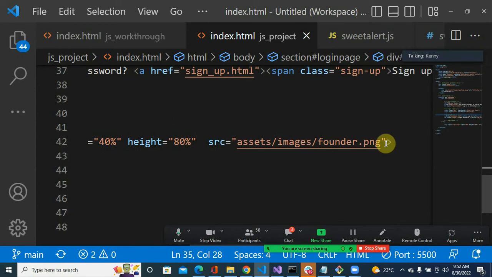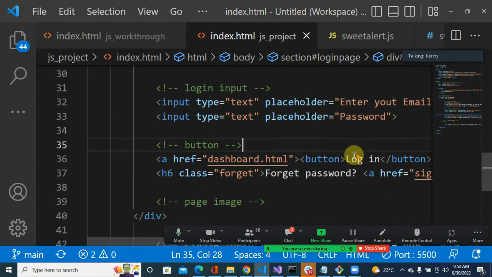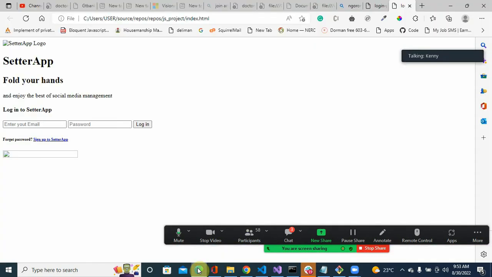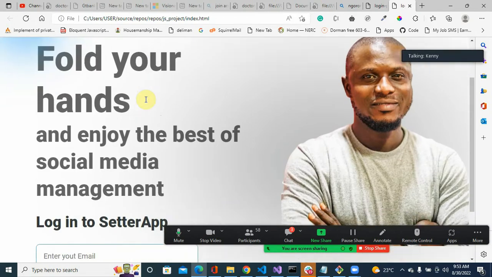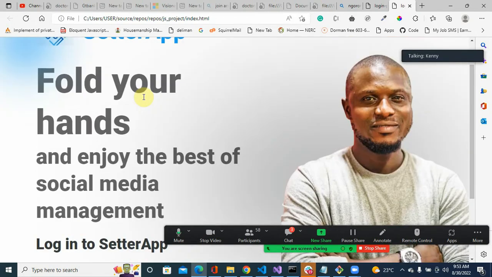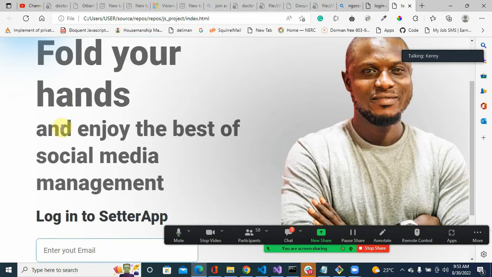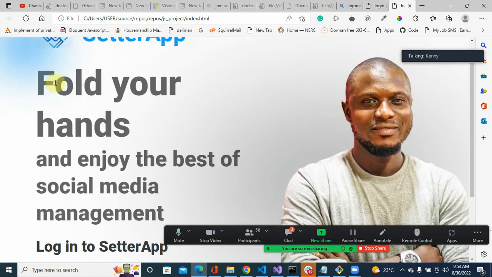So if I have it like this, founder.png, I guess I've been able to reconcile all the assets. If we look at the file here, it came out the way they built it. This is not the time to actually review your UI per se. There are a couple of improvements that we need to do on the UI, but since it's still a get together, please clean up this area. Font size, of course, this needs to be in bold,